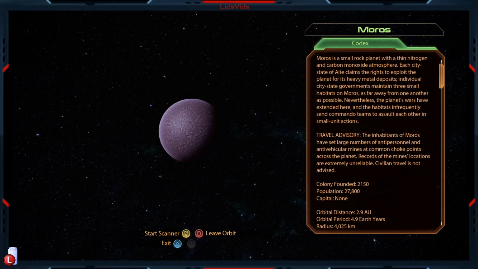Each city-state of Ite claims the rights to exploit the planet for its heavy metal deposits. Individual city-state governments maintain 3 small habitats on Moros, as far away from one another as possible. Nevertheless, the planet's wars have extended here, and the habitats infrequently send commando teams to assault each other in small unit actions. Travel advisory. The inhabitants of Moros have set large numbers of anti-personnel and anti-vehicular mines, at common choke